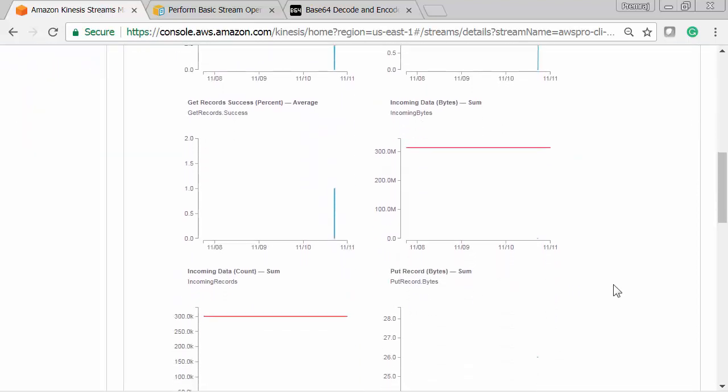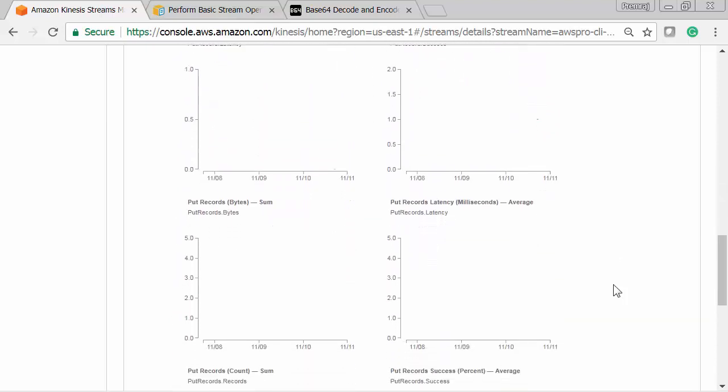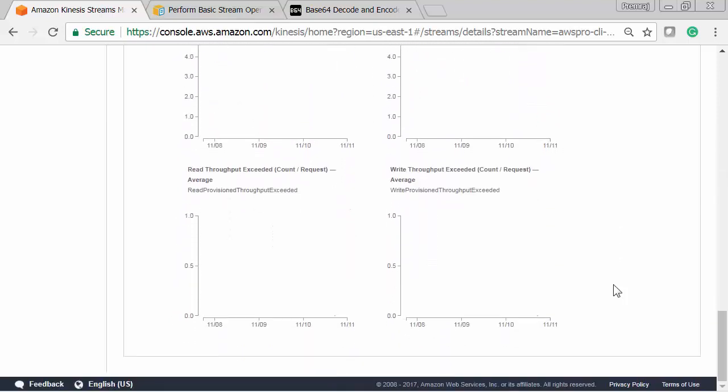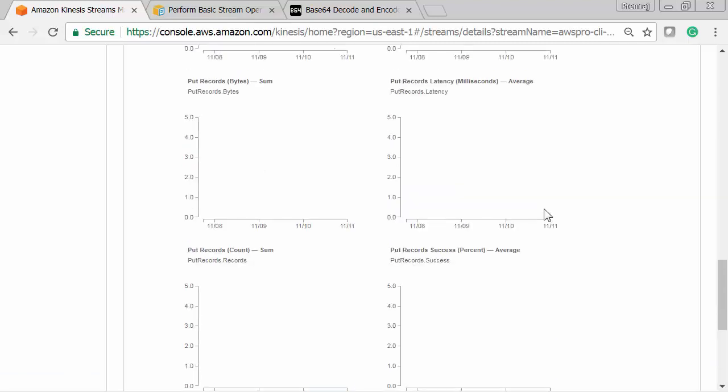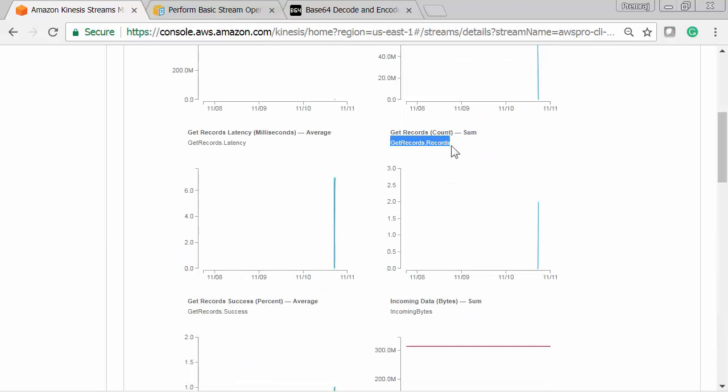Also, you can see read and write throughputs. The number of get-records calls throttled or rejected for the stream over the specified time period is going to show in read or write throughputs. We don't have any problem, so we don't see any data under throughput operations. For example,